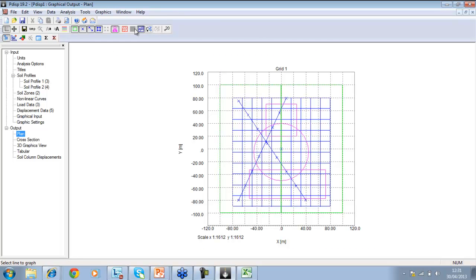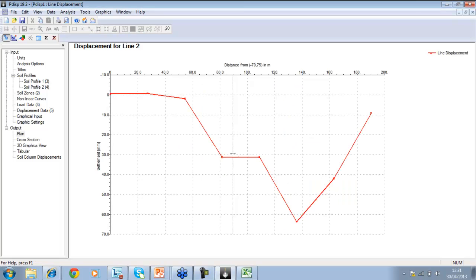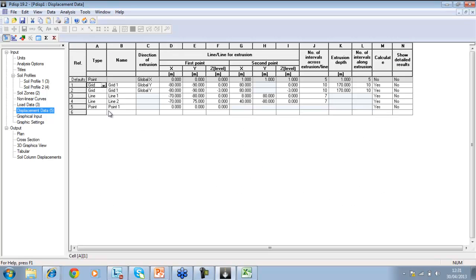One very useful feature is that you can actually plot line graphs for displacement. So for example, you can see I've stipulated a number of points along the line, and this is calculated displacements for me. If I wanted this line to be smoother, what I could do is go into displacement data and increase the number of intervals. So if I increase this to say 20,